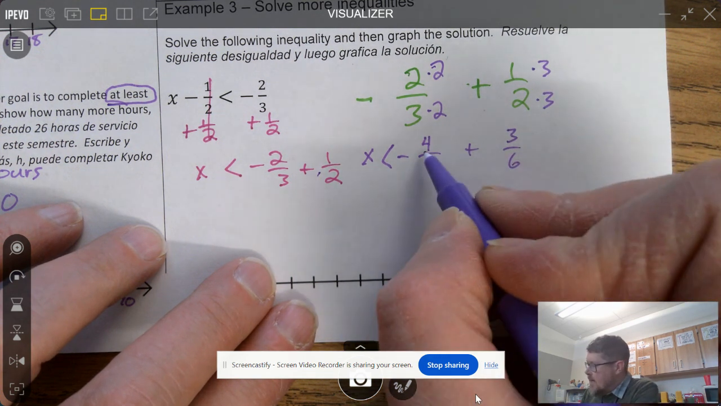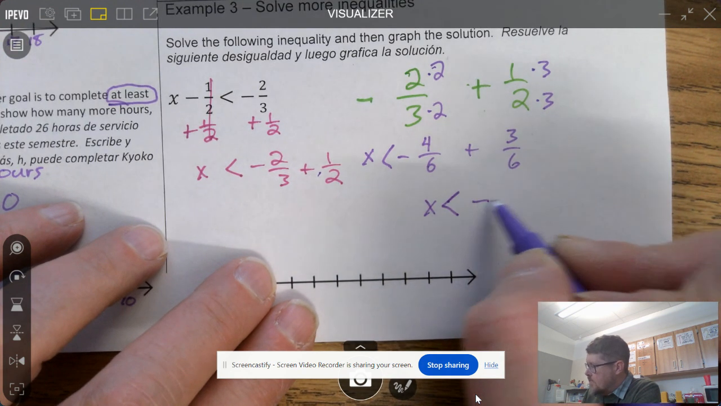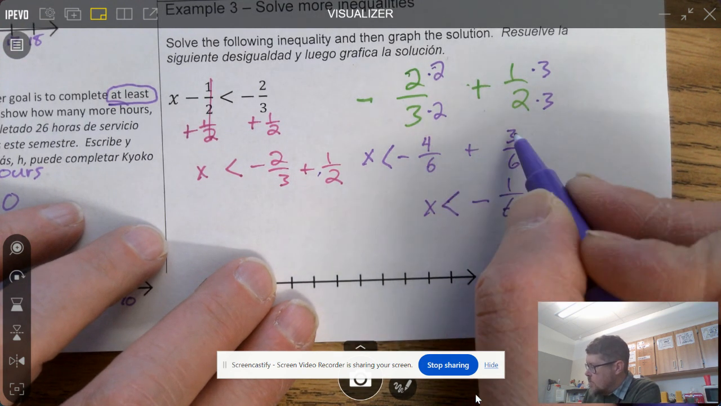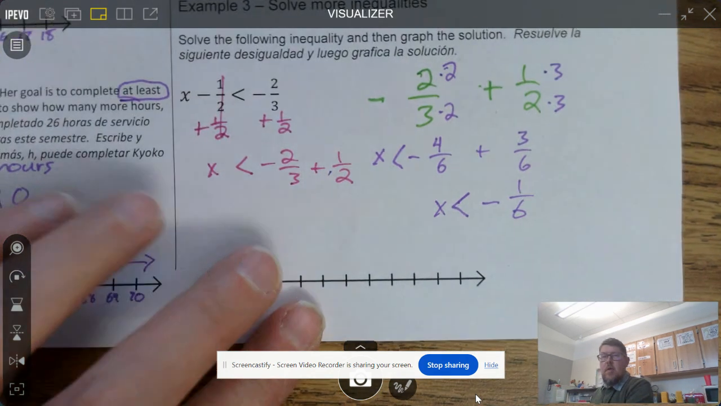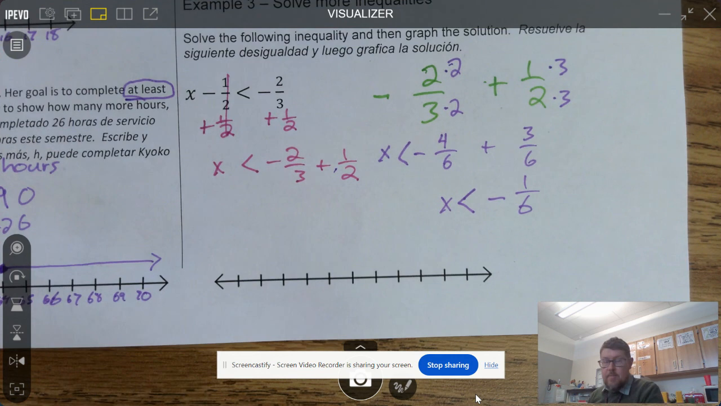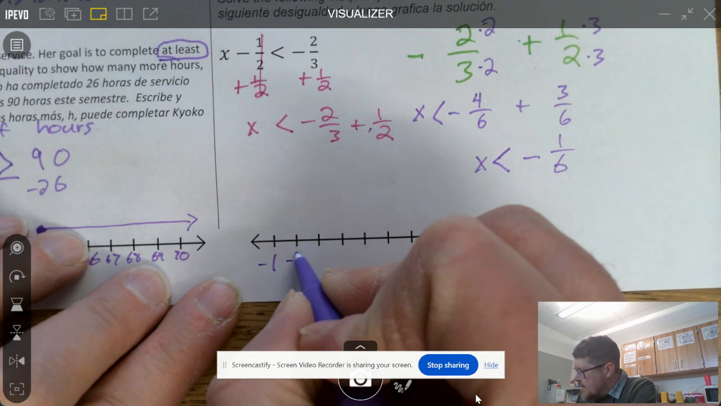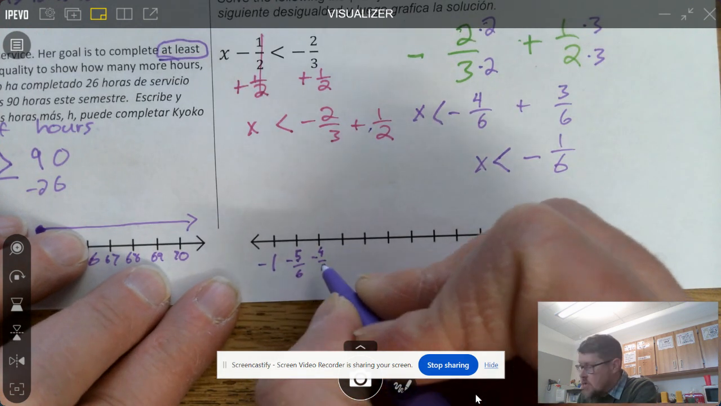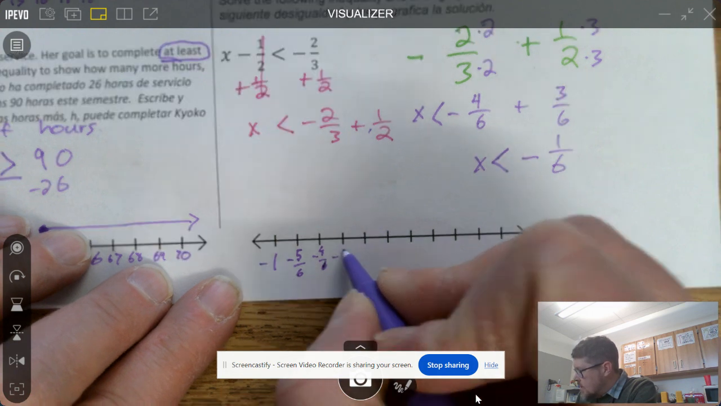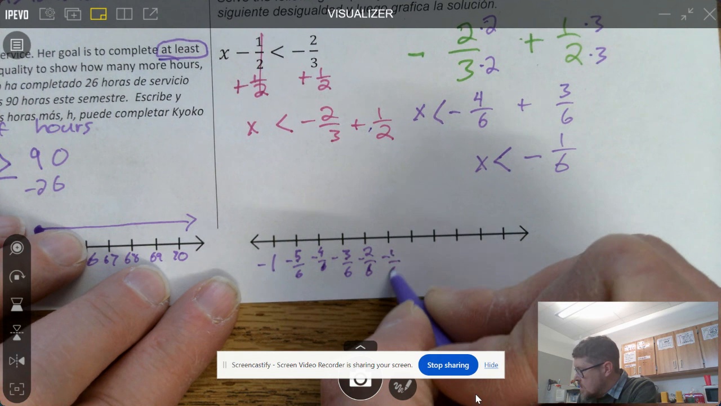Now what we do is we combine these. Negative 4/6 plus 3/6 is less than negative 1/6. Negative 4 plus 3 is negative 1, and that 6 stays the same. And then we put this on the number line, okay? Just double check how I did this right here. I started at negative 1 over here, and then I went by sixths: minus 4/6, which is the same thing as minus 2/3, and then minus 3/6, minus 2/6, minus 1/6, and that'd be